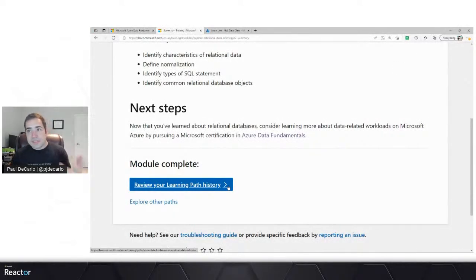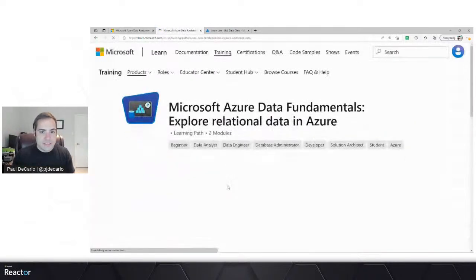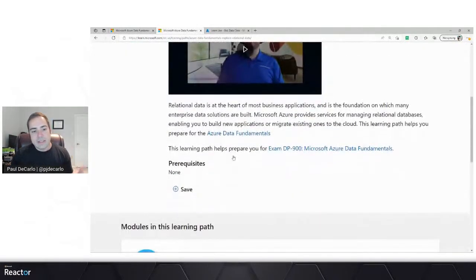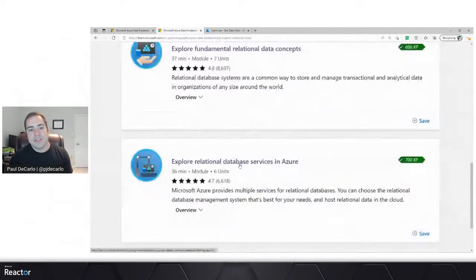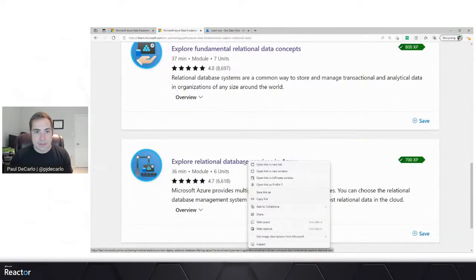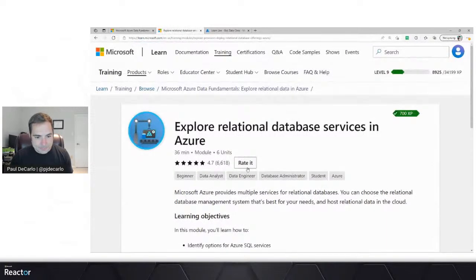If you are on the section where we just completed, you can click the link to review your learning path history, and that will bring you back. We should be able to jump into exploring relational database services in Azure. So go ahead and open this one up.